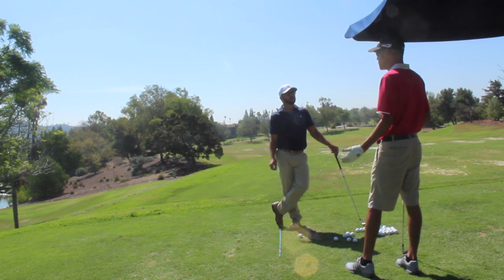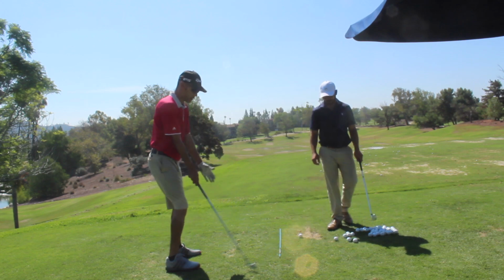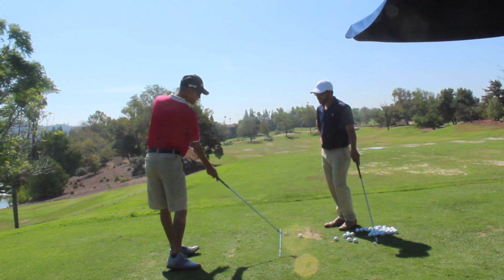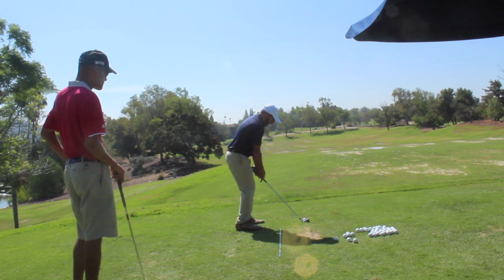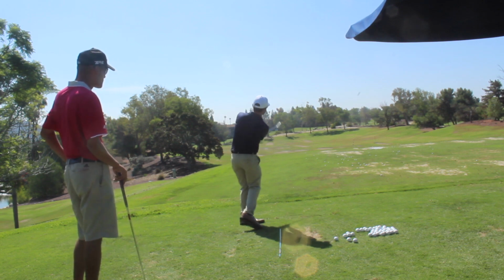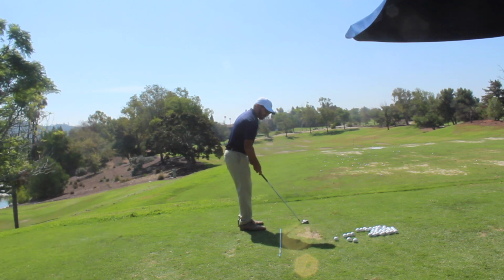Absolutely. Most people take it underneath checkpoint 1, and if you rotate, what's the club going to do? Well, let's give it a little example here. If I get in here, and I'm back in here, and I rotate with no manipulation, look at that, it goes dead right, out to the right. And if you go too steep, if I go out here,